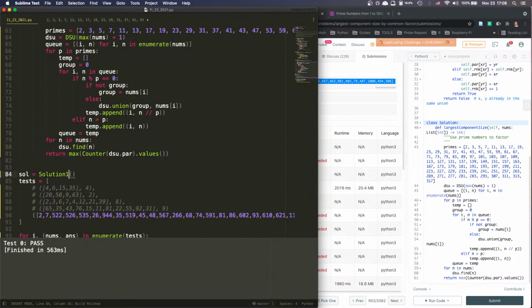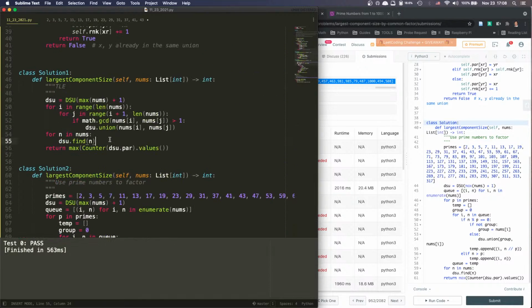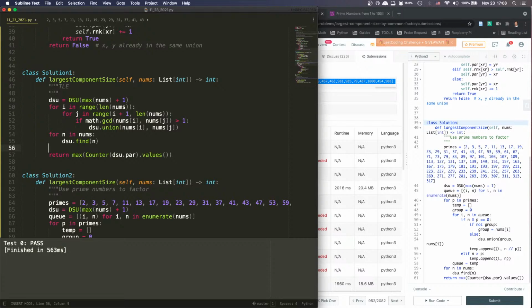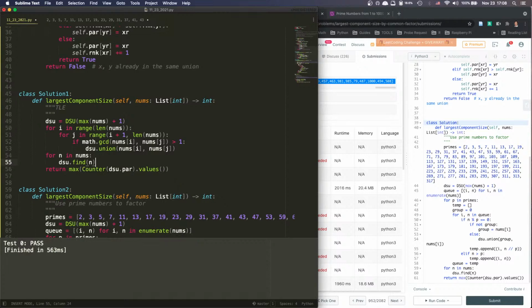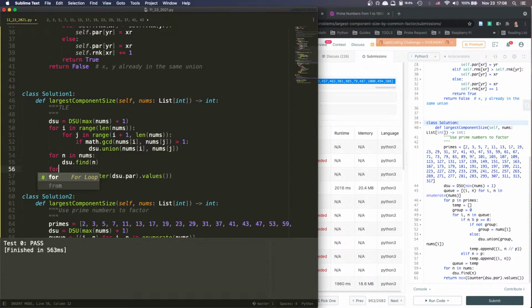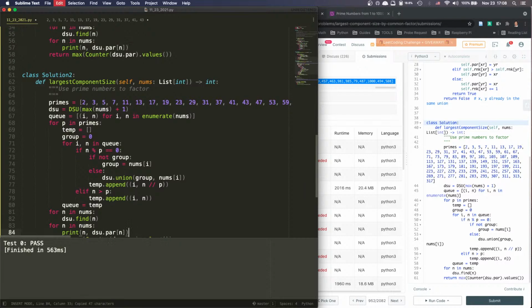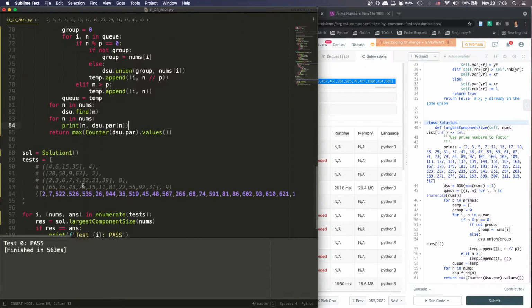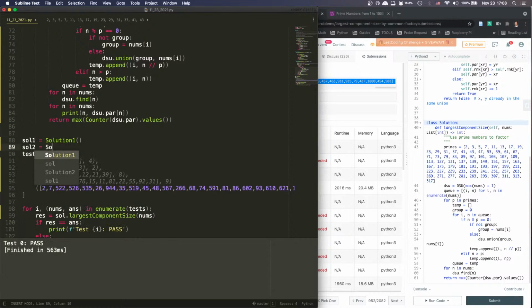Solution 1 will be correct. So what I want is solution 1. We're going to print. Oh, we can do for n in nums, print dsu.parent. I'll do the same thing for solution 2. So we have sol1, okay, sol2,